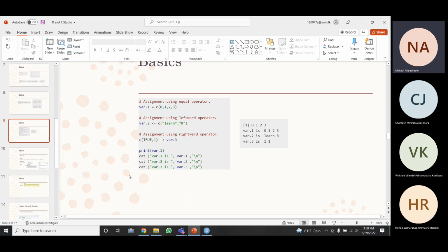Don't just type everything here and close the application. No, you must change the arguments of these keywords, of the functions. Change everything bit by bit and see what happens, right? That is how you learn things. You should change what is given here and you will see what happens.